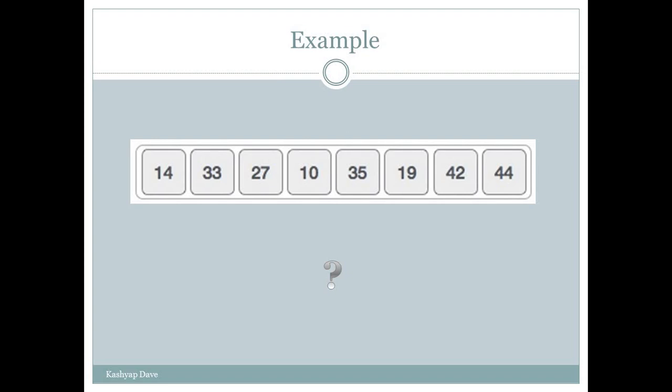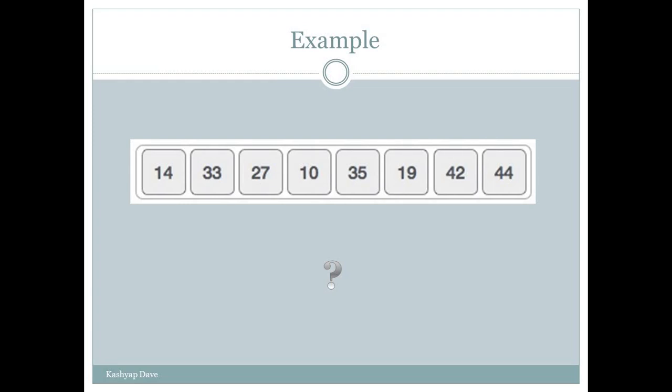So we will understand it by an example. Here on screen you can see an example. In it we have 8 elements. The first element is 14, second is 33, next 27, 10, 35, 19, 42 and 44.